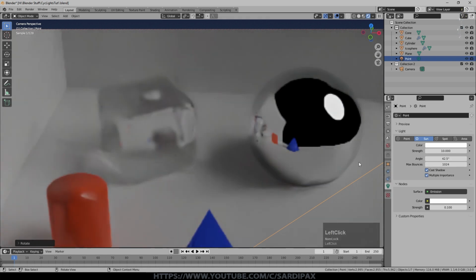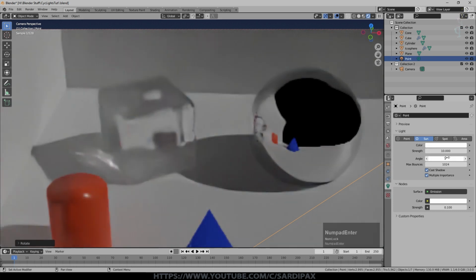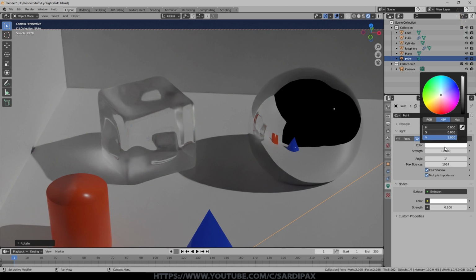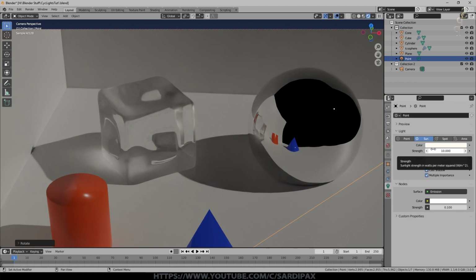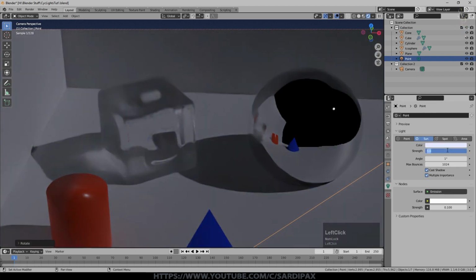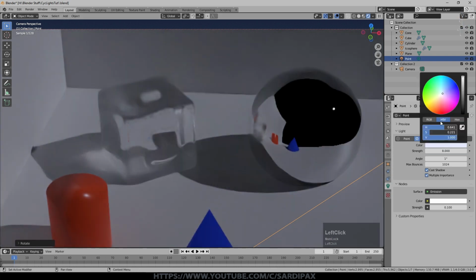So you can vary that to give you an impression of whether it's an overcast day or a very bright sunny day. Same setting here with max bounces, of course, and the colour. And typically for sunlight, I don't use the default white colour, even if that's probably more 100% accurate. I normally make it slightly warmer with just a little bit of yellow in it, especially if you've got contrasting light sources, such as you might have a lamp in the scene that's giving off a lot of light, for example. And of course, you can also simulate the light that might be coming from the moon using this lamp. And the way I usually do that is just change it to a slightly blue colour and obviously not have it too bright. And that sort of gives you an impression of a nighttime scene.